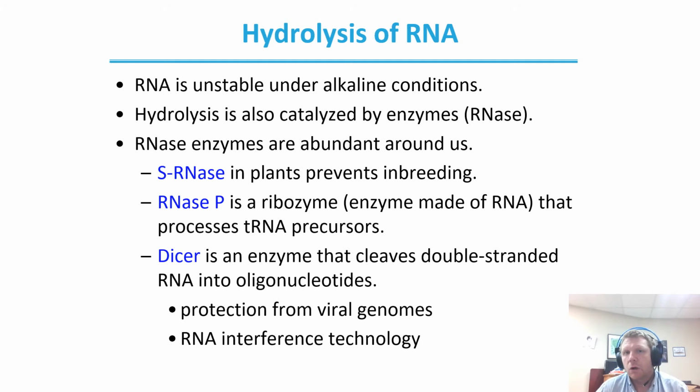Now, hydrolysis is also catalyzed by enzymes known as RNases, and RNase enzymes are all over the place. sRNase, as an example, in plants prevents inbreeding. RNase P is a ribozyme, an enzyme that's made up of RNA that processes tRNA precursors. Dicer is an enzyme that cleaves double-stranded RNA into oligonucleotides. It's for protection from viral genomes, because if an RNA virus comes in, this Dicer